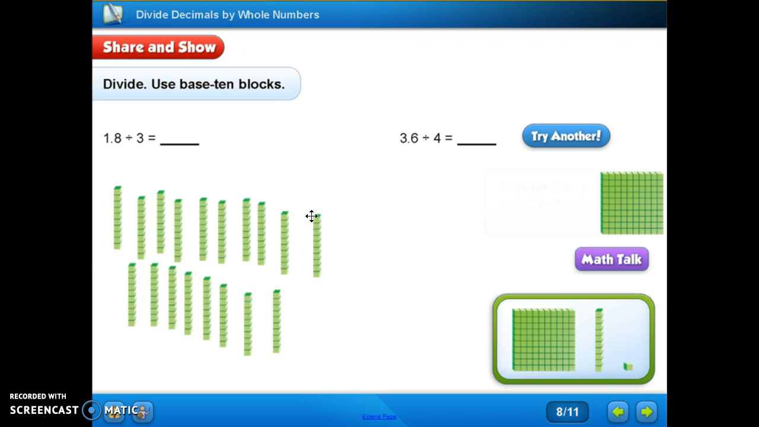Okay, now I think I have 10 of them. Okay, now I'm going to make 3 groups. Okay, so you could take your sticks. Here's a group, here's a group, here's a group. And you could keep